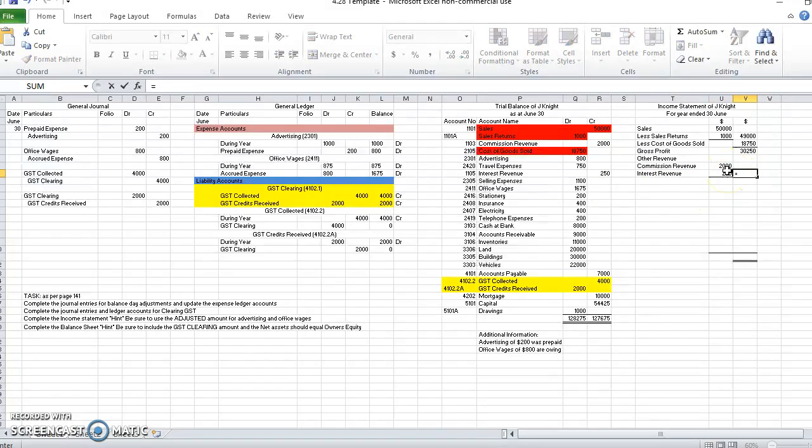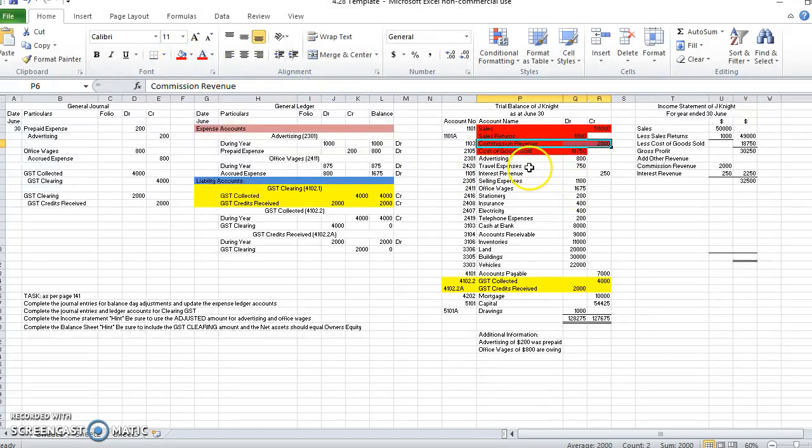If we sum these two up, we've got our other revenue. We need to make sure this is add, because we are adding a revenue. We take another subtotal. So our gross profit plus our other revenue. So we'll tick these off that we've completed them. Those complete. And the next section will be